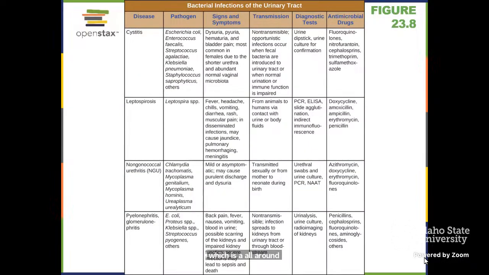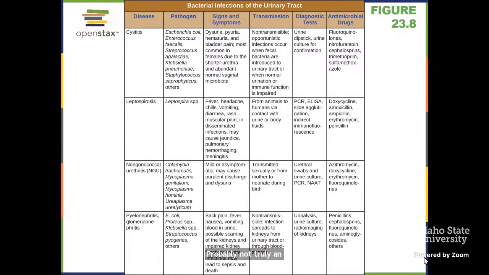So as far as the urinary tract infections go, there are lots of players that lend to some of these potentials. Cystitis has a huge list of organisms. Some of these we think of as inhabitants of the GI tract: E. coli and Enterococcus, strep. These three definitely are potentials to be there. Same with Staphylococcus saprophyticus. Klebsiella pneumoniae, probably not truly an inhabitant that we would think about of the GI tract,